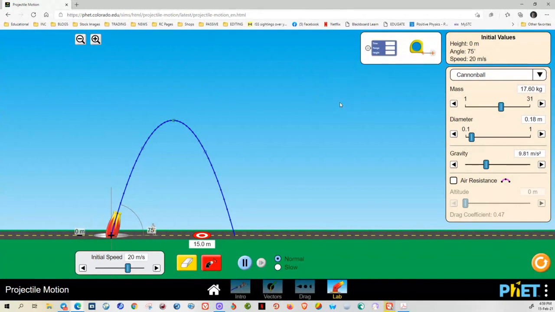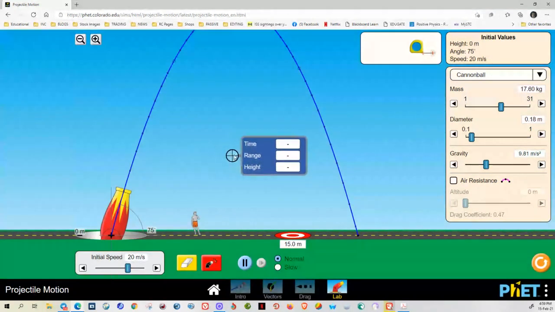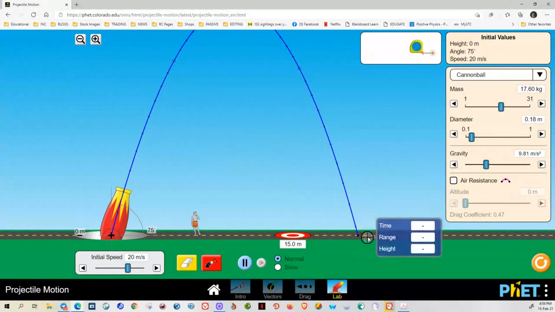We actually have a measure for time. Okay, how do we measure for time? We use this tool, the smart tool for the simulator. It can measure time, range, and even height. But we need only the time for now, at least. You take this crosshair, just like our smart tool, and place it where the projectile will land, and it gives you the time,